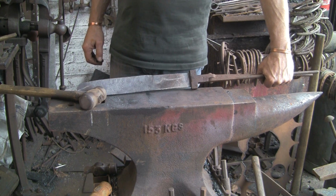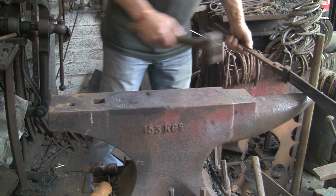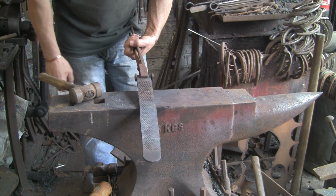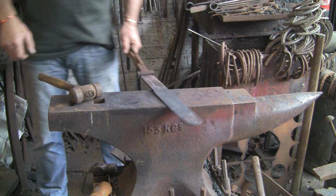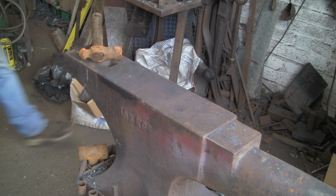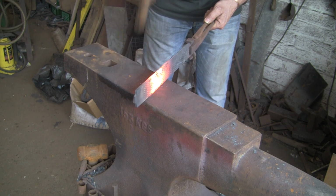Next bit. What am I going to do next? Oh, actually, I'm going to grind those out, but I think what I might do here is try and forge that over either the beak there or perhaps my anvil stake. I'd quite like to dish that and widen it. I've seen on, again I think it was on Pinterest, I saw a knife where, I think it was a big Bowie knife or something or other, the bit just behind the blade had been swelled right out, sort of, it was a real nice bit for your finger to go in. And I think that's how they did it, was just sort of giving it a bit of a bosh in like this,